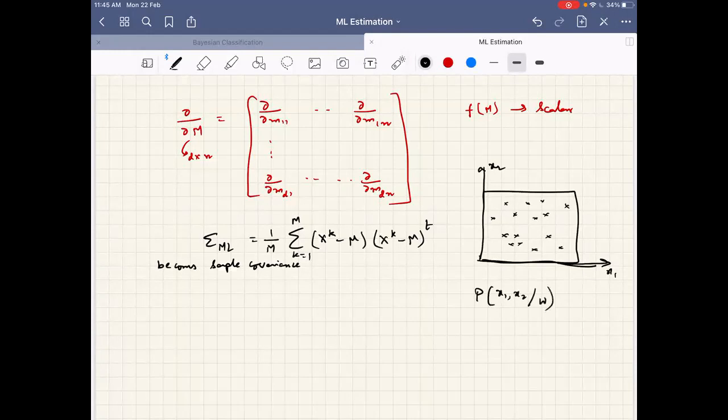Because these are from some omega class, or P of x given omega, I just want to find the likelihood again. Given these samples, can you suggest any method other than the histogram? The histogram is one method, but you need a large number of samples to realistically approximate the likelihood with a histogram. There have to be simple methods which will enable us to reasonably approximate this with even fewer samples. Can you guess what other ways of doing it may be?